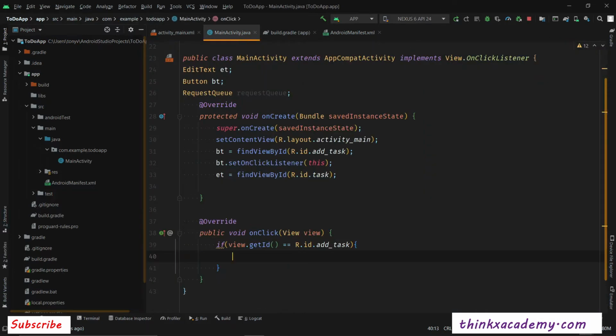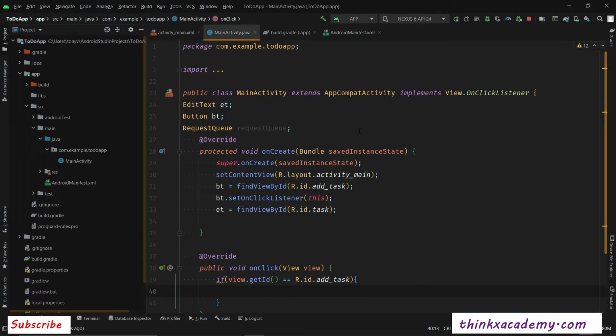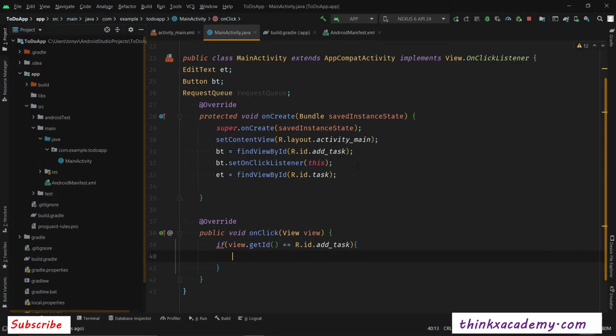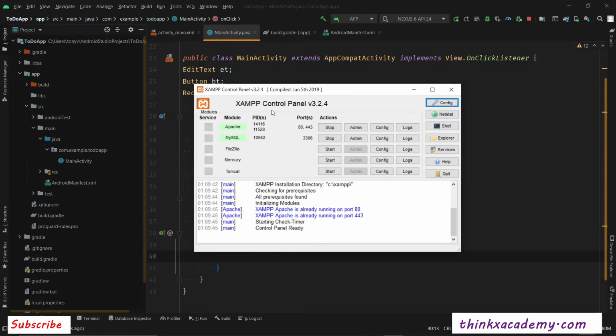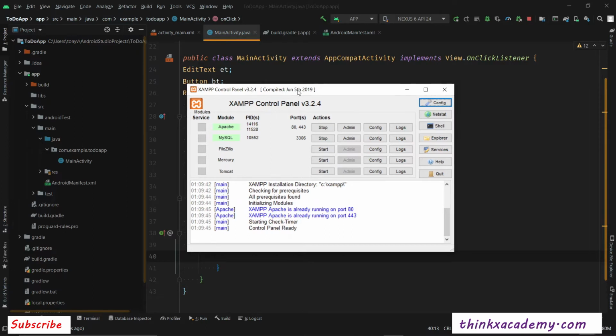So first things first, we need to understand what a web server is. As per the web server, we are going to use the XAMPP web server, which you can see here. XAMPP can be downloaded from a browser. You just need to type XAMPP and you will be able to download this .exe file, and in this you will be able to get this control panel, and here you can see we have first two entries. The first one is the Apache web server, and you can see the ports are 80 and 443. For the Apache web server, we have port 80.